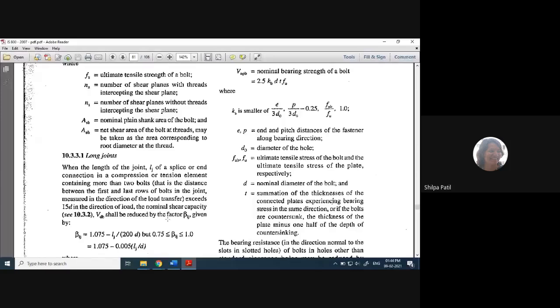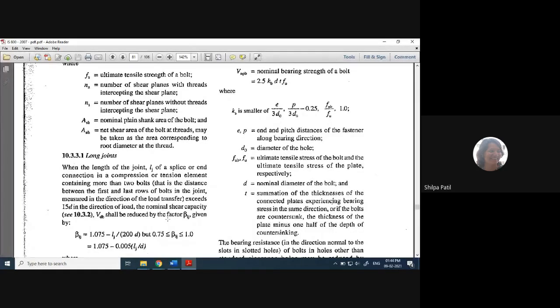Because even though the length of the joint is longer, sorry, the shear capacity of the bolt is going to reduce. And in the calculation for bolt value, shear capacity is not having any effect because the bearing capacity is smaller, and hence we have selected that value, and we don't need to use shear capacity anywhere. In that case, there is no need to consider the long joint check.